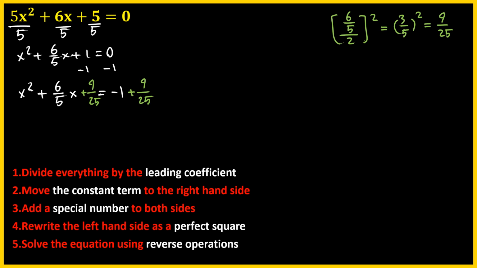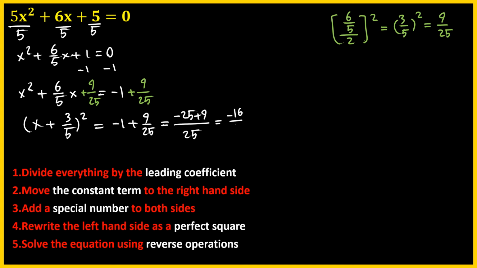So on the left-hand side, we have a perfect square, and we can rewrite it as x plus 3 over 5 quantity squared. Now again, since the middle coefficient is positive, we have x plus some number. And since 9 over 25 is 3 over 5 squared, we have x plus 3 over 5 quantity squared. And on the right-hand side, we have negative 1 plus 9 over 25, which is the same thing as negative 25 plus 9 over 25, which is negative 16 over 25,